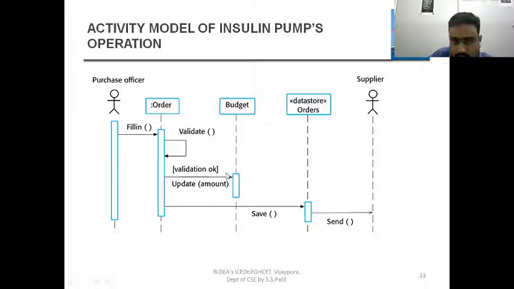Okay, once it is done, next the order is going to be processed for the store. So this is totally a third party or background thing. And next, the order goes to the data store, and next the supplier, once the order is placed, it will be sent back. Next, the same process in reverse goes from the supplier directly to the customer. In this manner, the activity diagram works. You people are getting it?